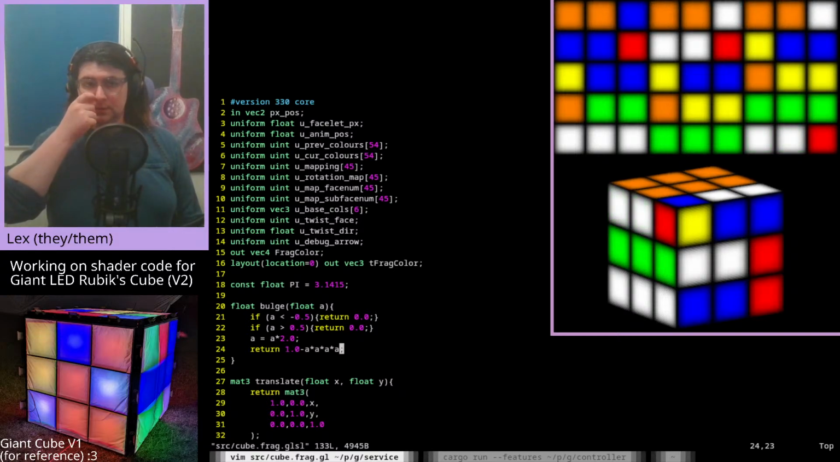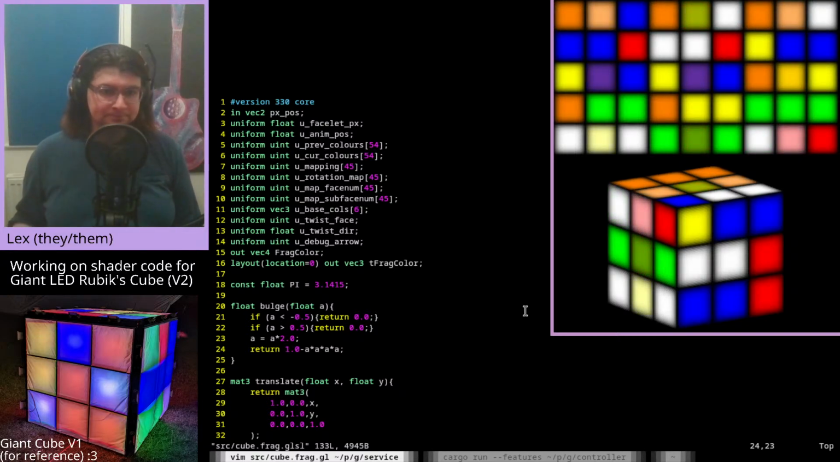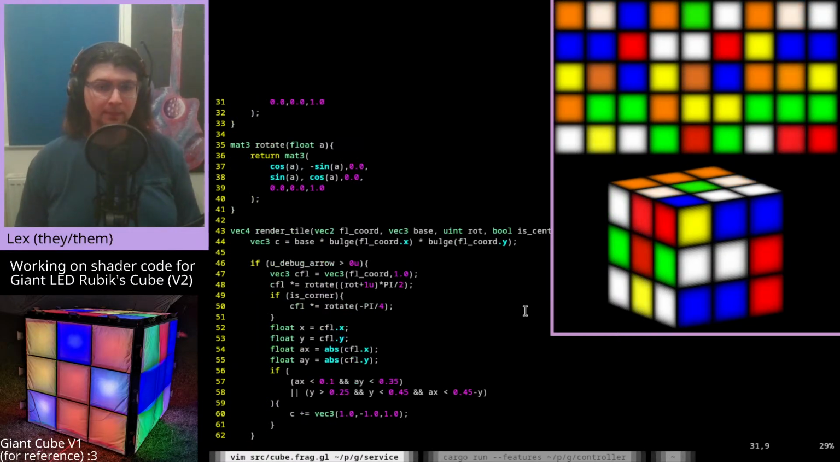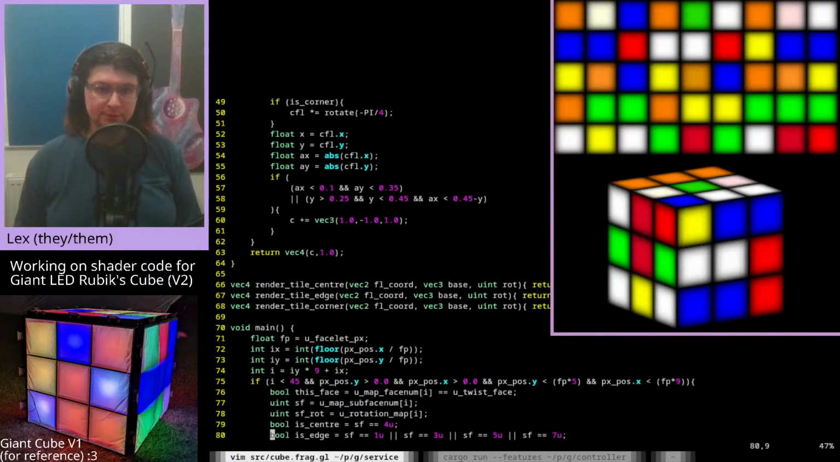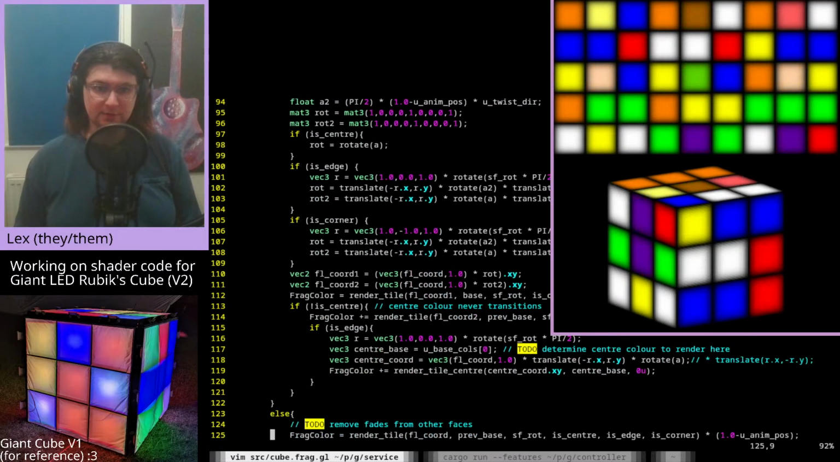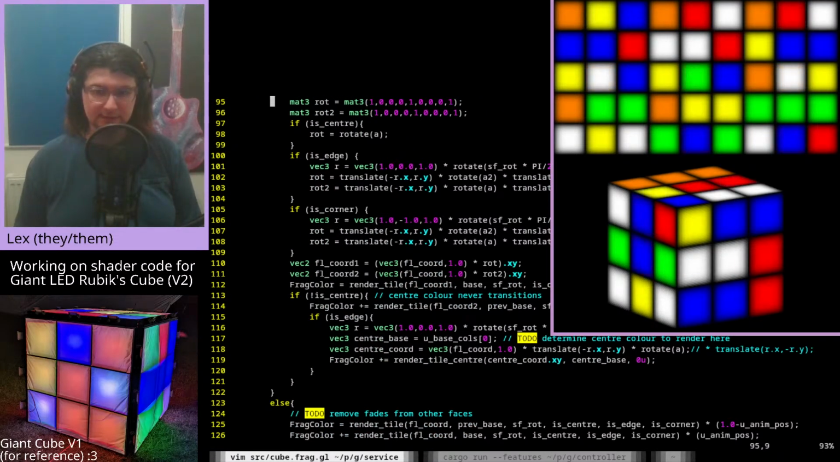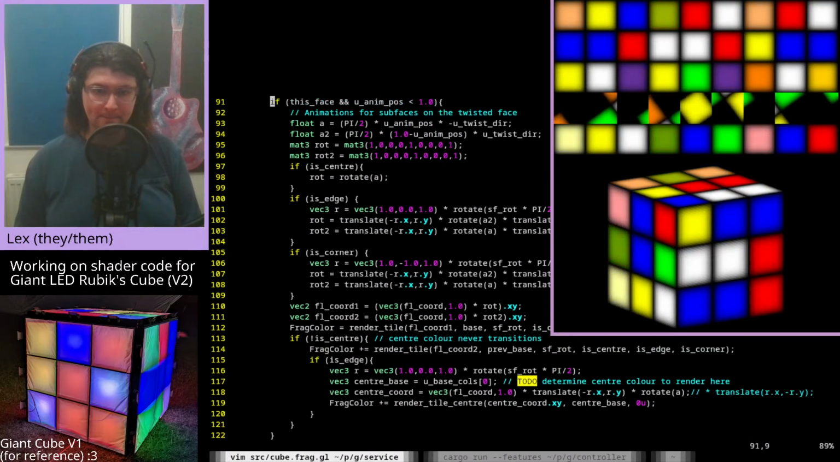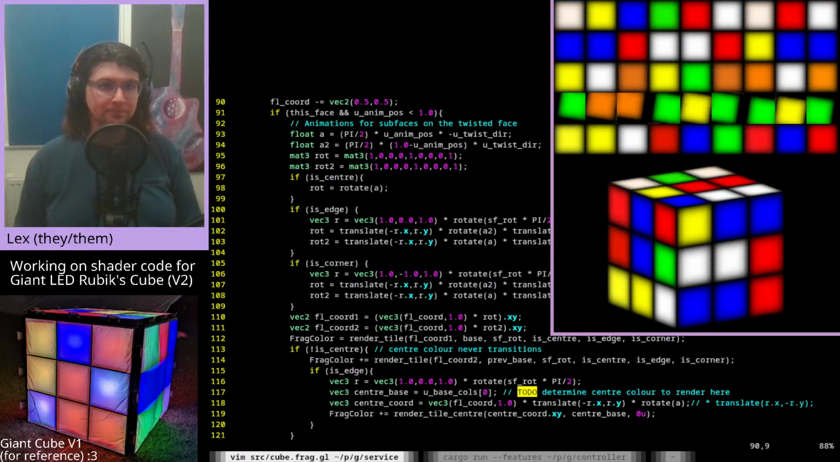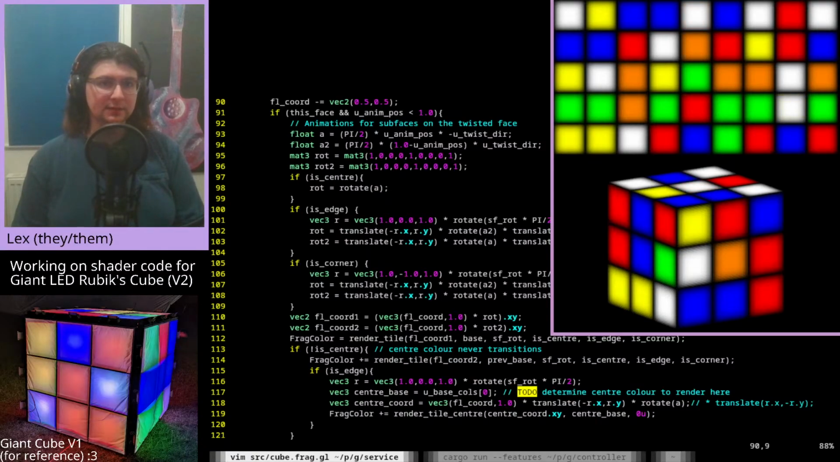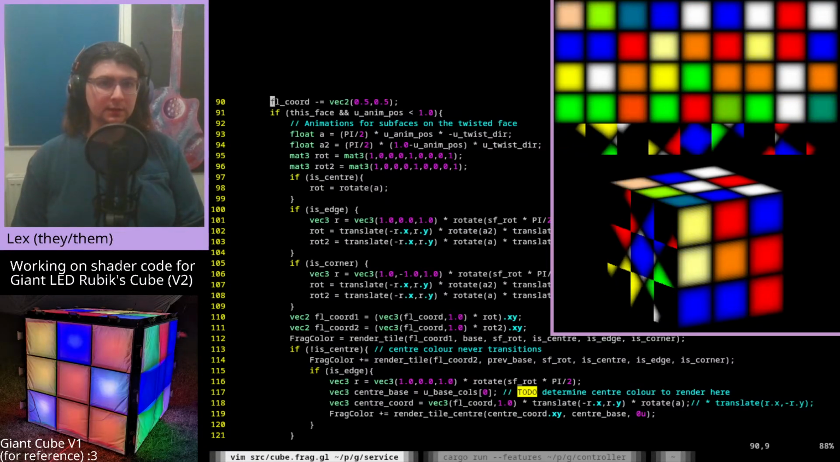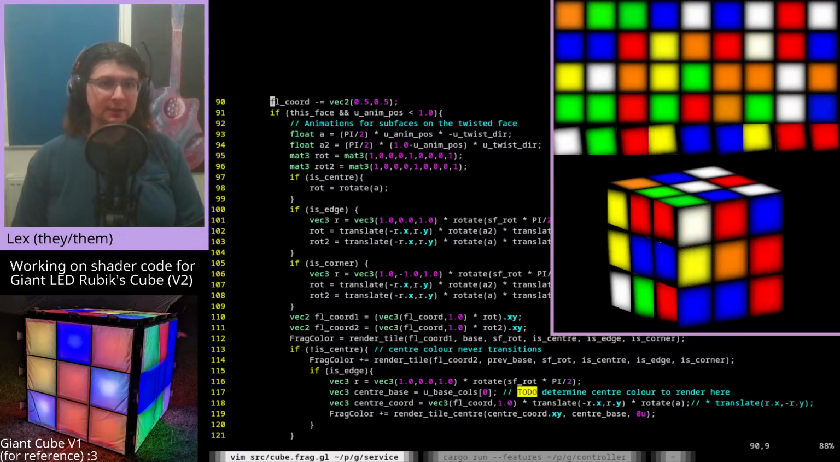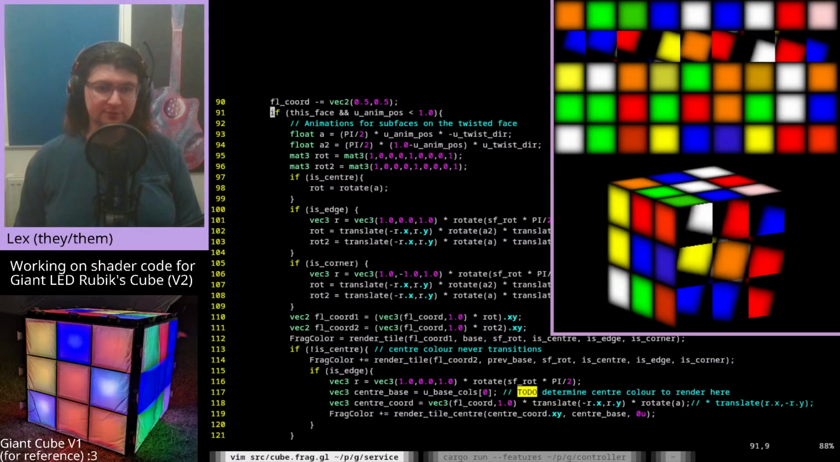So, twisty. What do we need to do next? So here is all the code that renders the tiles. So when we are rendering a transition for an edge,